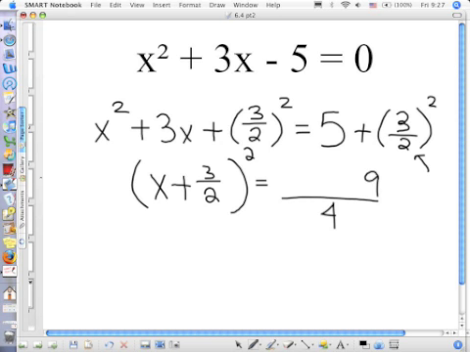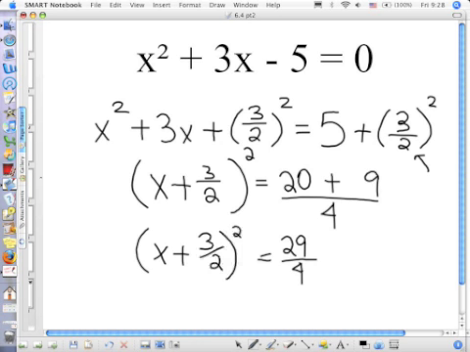Okay? Now, I want to add 5 to 9 fourths, but I want to turn it into something over 4. 20 over 4. Okay? Because 5 over 1 becomes 20 over 4. And now I can add them together to get 29 fourths. Okay? So you multiply by the denominator? Yes. I'm making a common denominator. Okay? I don't understand where you got 20. I'm turning 5